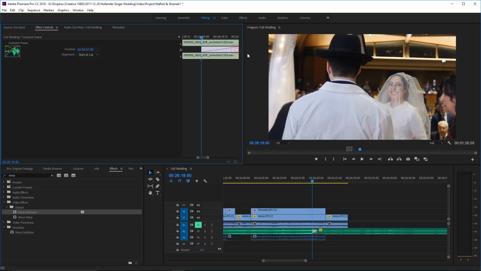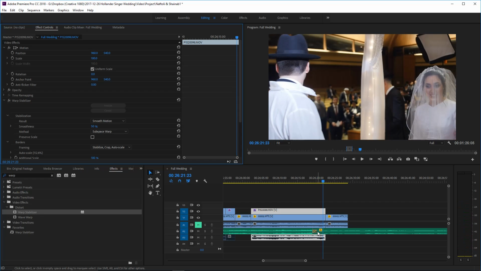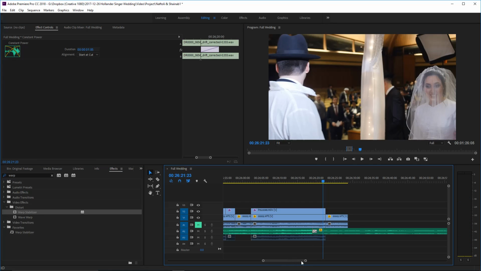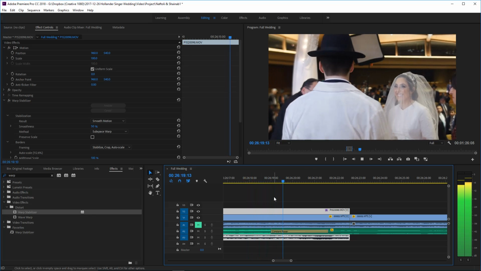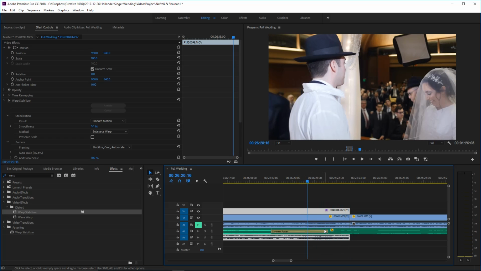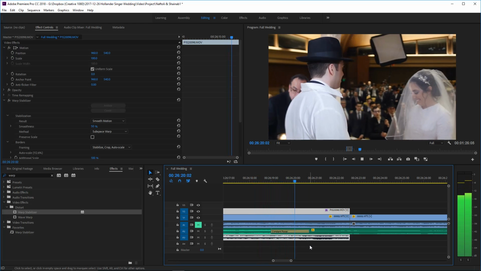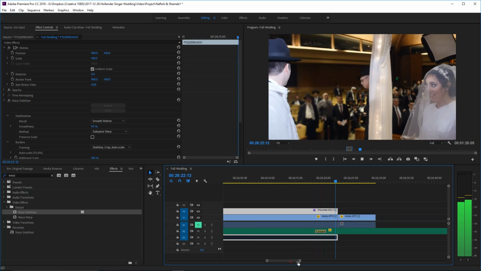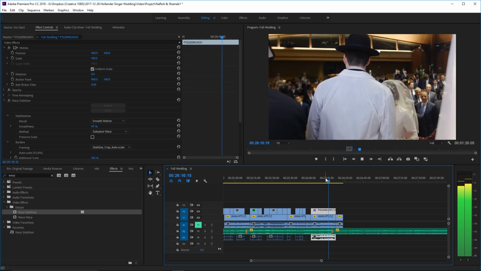Let's see what happens if we make them fade into each other a little bit more, so that the end of the song kind of is this fade. And we'll drag that a little bit further in, and I don't want to hear them begin the next part, so that's going to go until there.